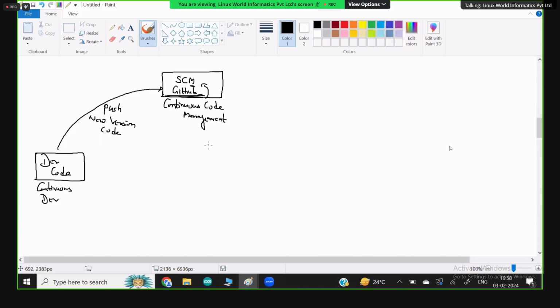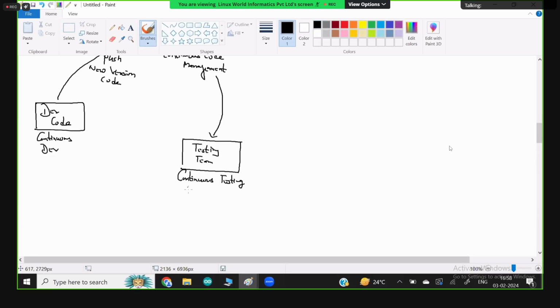Okay. Then what we will do, we will download the code here by some team. Okay, there will be many more teams, but let's say to make this diagram simple, we have a testing team. Okay, and what they're doing, they keep on testing again and again. This is continuous. The continuous testing is going on. Okay, and there's a condition here. If test fails,